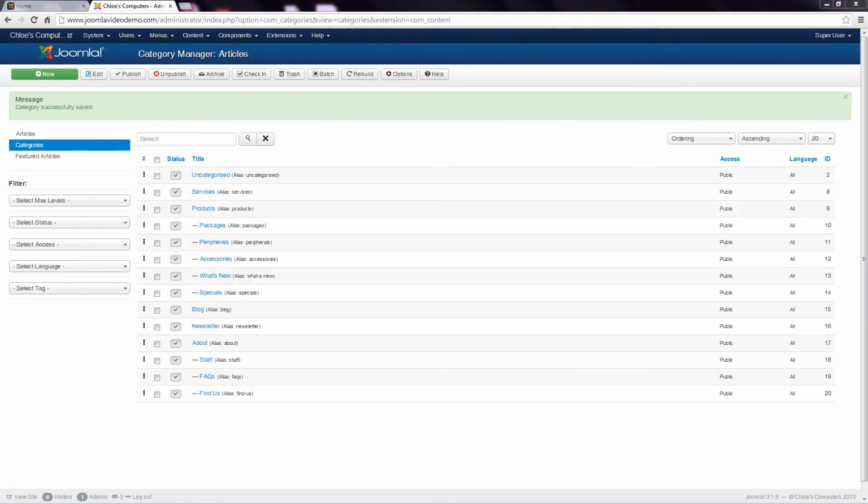That's done, and back in Category Manager, you'll see that the structure is close to that of the sitemap. As I discussed before, there isn't a category for the home page, as there's a different method to display that page, as you'll learn later. I also haven't created one for contact, as this page is generated from a component. Should you wish to edit category details, just click the category name,